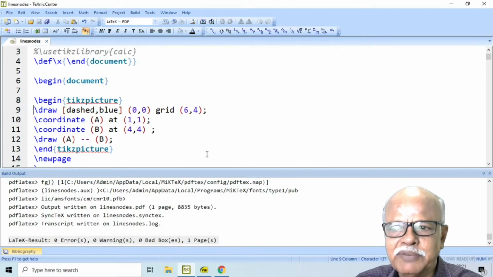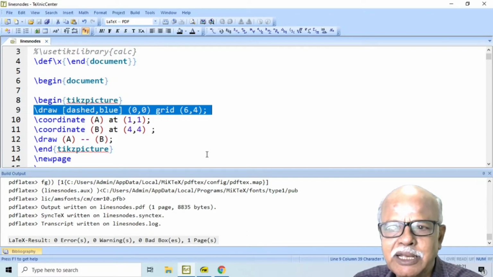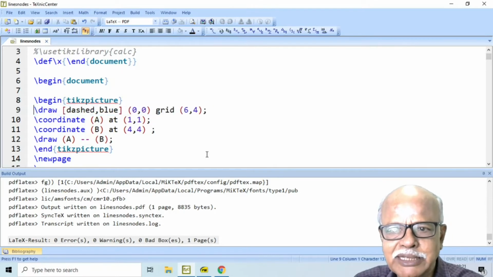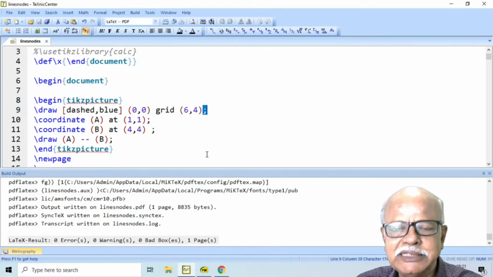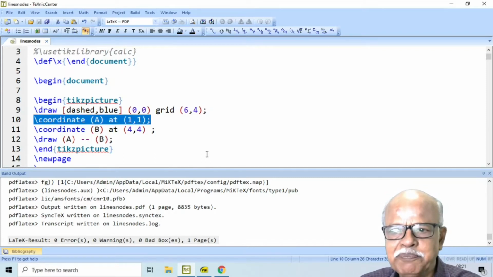Now the first line refers to the graph paper, graph sheet as a reference. Once you complete the drawing, you can comment this out so that it may not appear in the output. Remember, at the end of every such statement, there should be a semicolon. Now, let us take the next case.